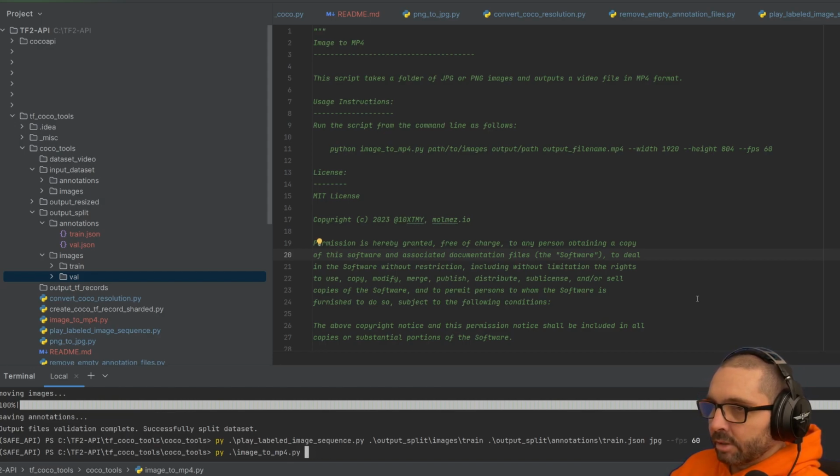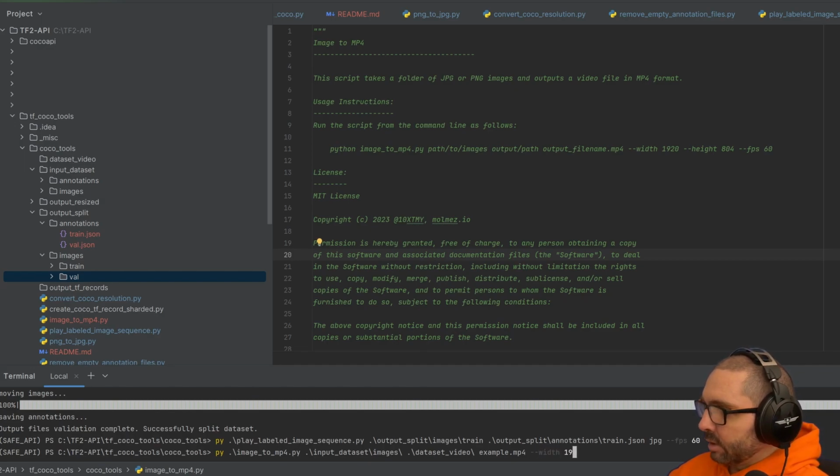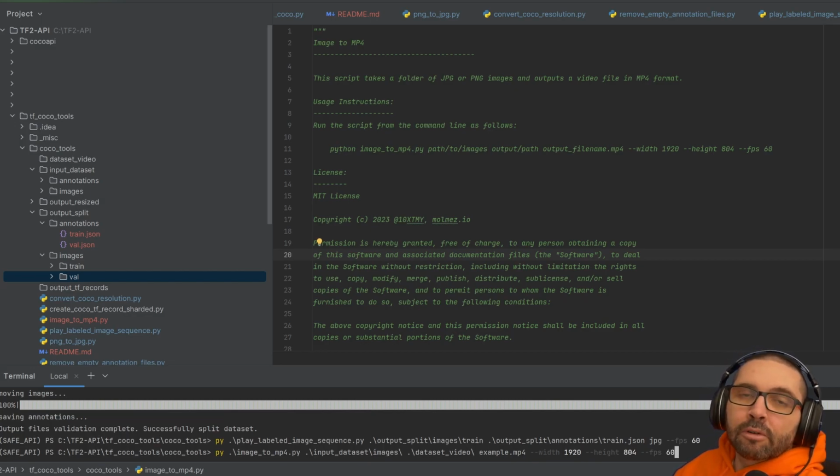Alright. Image to MP4 and we go output. No. We want the actual input data set with this one. We want the original data set and we want to output it to dataset video and we're going to call it example.mp4 with a width of 1920 and a height of 804 because the original resolution was 3440 by 1440, which is a